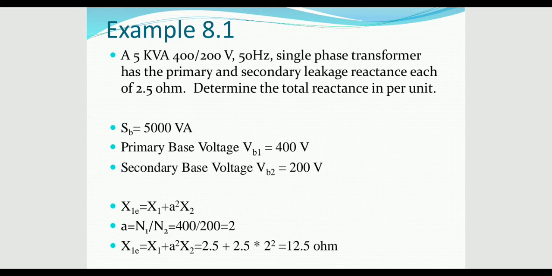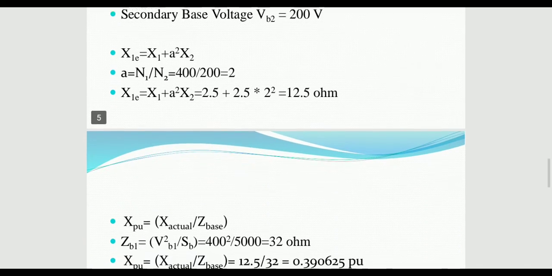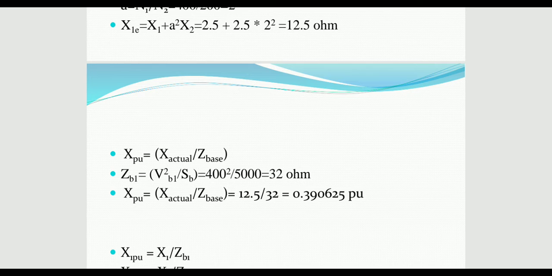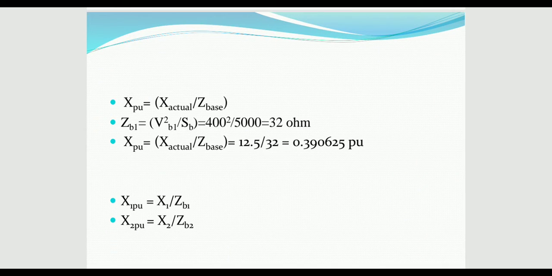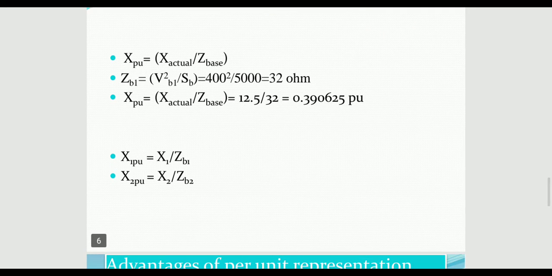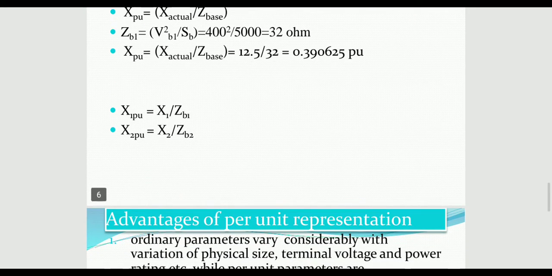Based upon those values and the definition I gave earlier in the previous slide, I am going to get the solution for the reactance. Now I want to calculate the value of X per unit, where X indicates the reactance. X per unit can be calculated as follows, and this is the general formula I am showing here: actual reactance divided by base reactance. By using this I am going to calculate the value of X per unit.